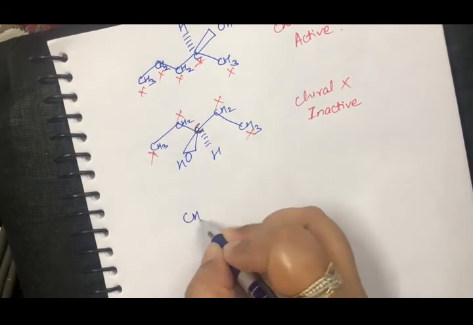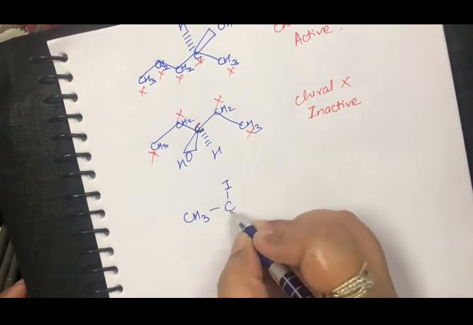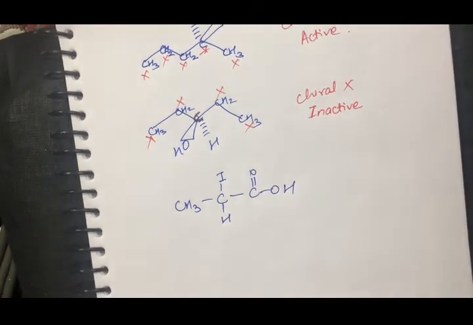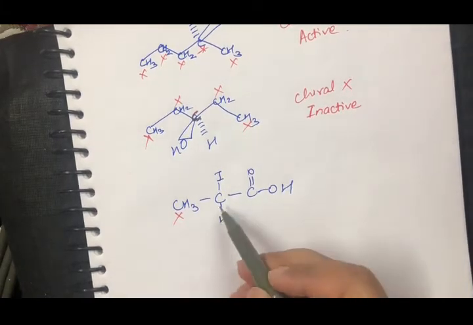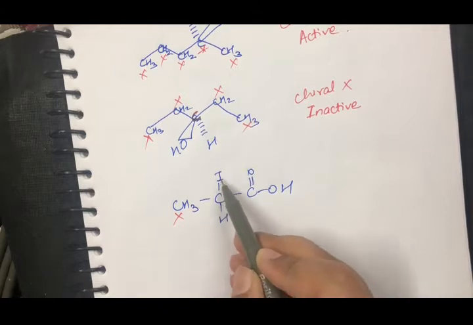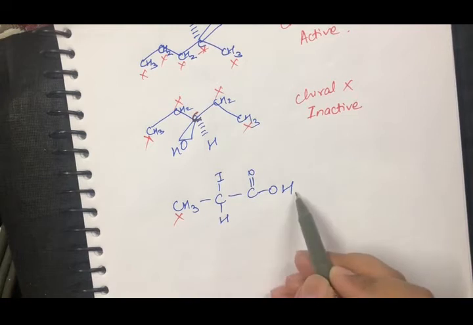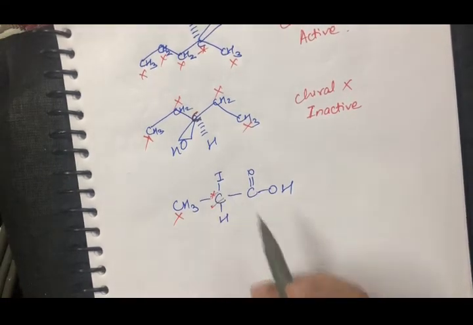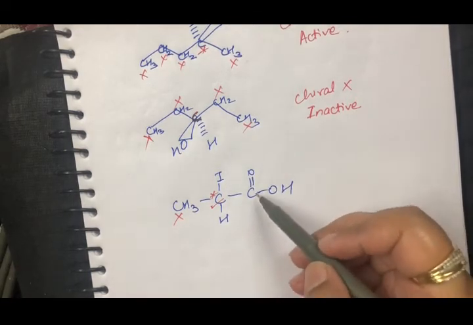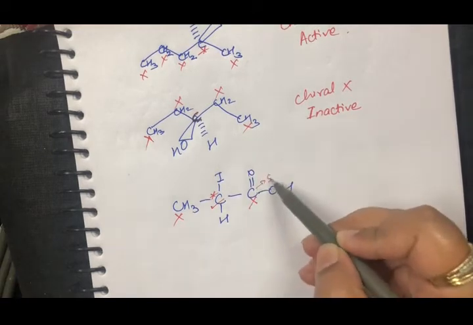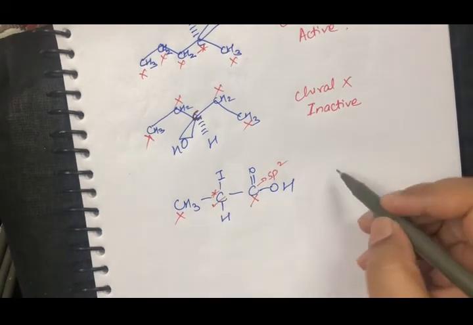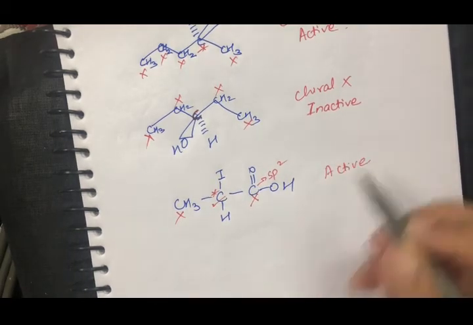Now let's take another example. Now let's check for the optical activity here. This cannot be chiral. This, let's talk about it a little later. This, alright, let's do it. This is one iodine, 1 hydrogen, 1 methyl, and a different group. So this is chiral definitely. But can I check about this? This can't be, because this carbon is sp2 and one of the conditions was that it has to be an sp3 hybridized carbon. But yes, there is a chiral carbon and hence it is active.